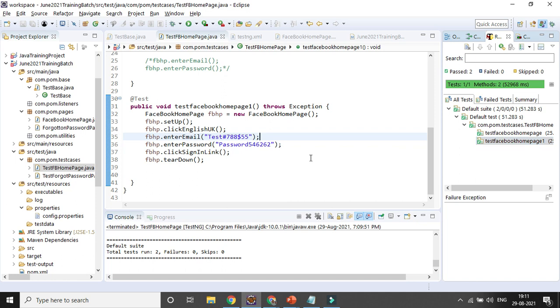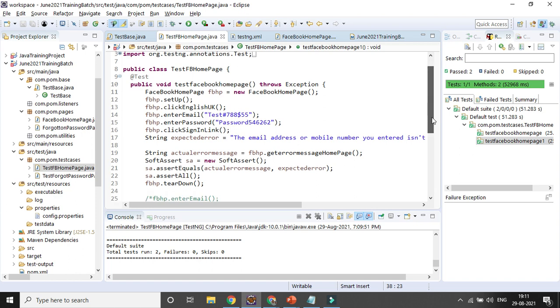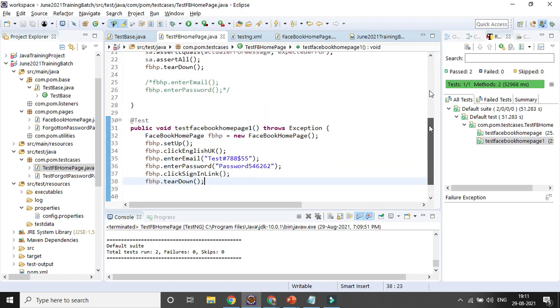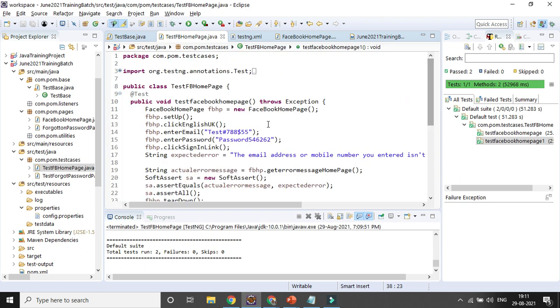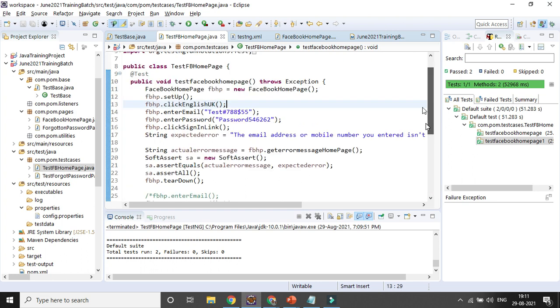Is it possible to include data driven in the page? Yeah, you can do it. Data driven, keyword driven. I already covered that. Maybe you can try; it should not be a problem. Definitely, framework means everything will be covered. Whatever is not covered as part of the hybrid framework, I will try to cover here as part of the complete framework development. So you can do data driven also.